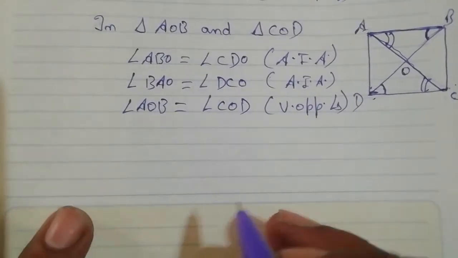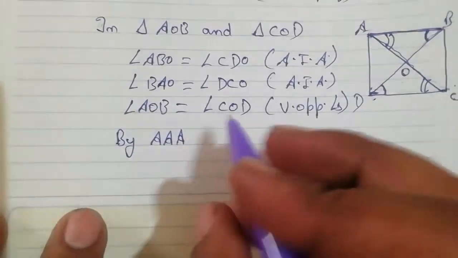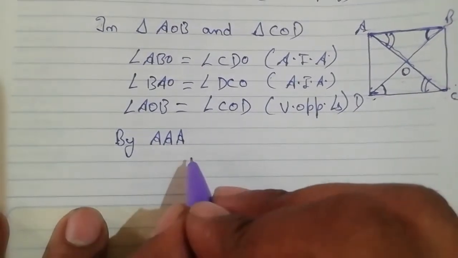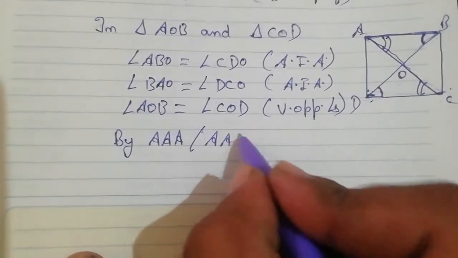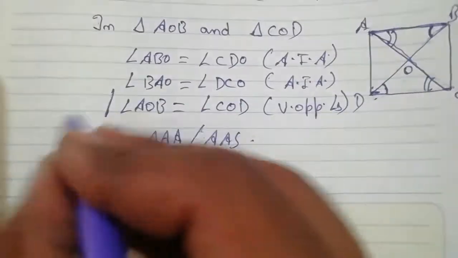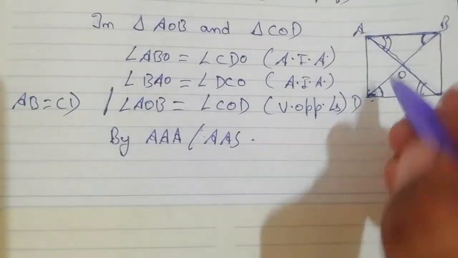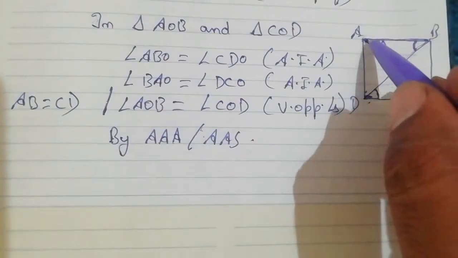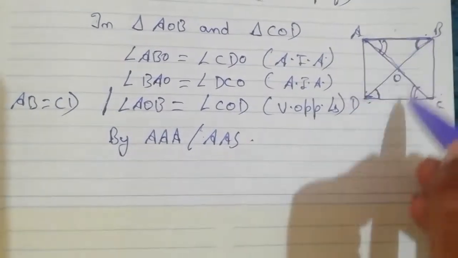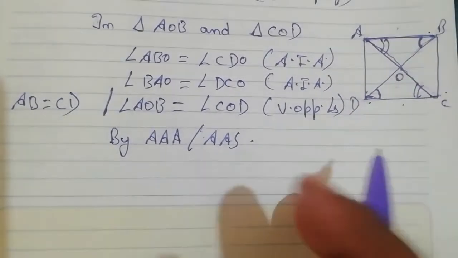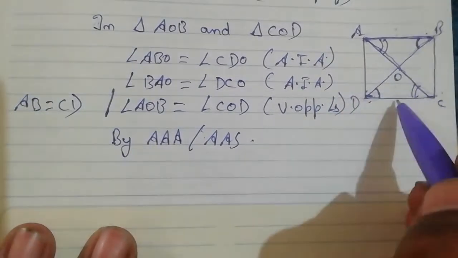So by the angle congruency rule we can say that, or here we can apply angle side also. Okay, in place of this vertically opposite angle we can also write AB is equal to CD. Okay, because all sides of a square are equal. So in triangle AOB we have a side AB and in triangle COD we have a side CD. So AB is equal to CD and these two angles are equal. So we can say that angle and included side is equal to angle and included side.